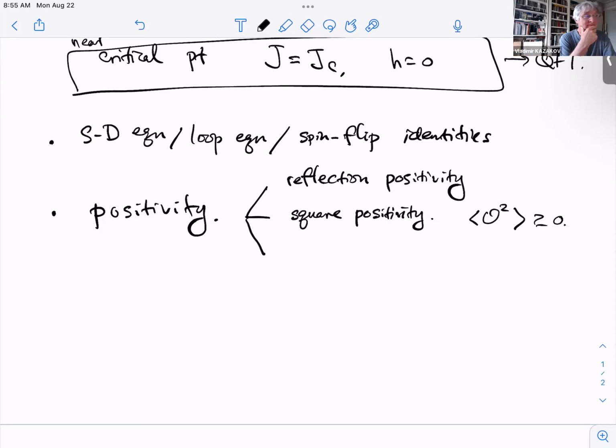You can have periodic boundary conditions. Now, naively, something like square positivity would also hold in identical form on the periodic lattice, whereas the reflection positivity would generally not obviously hold on the periodic lattice. So I could certainly imagine reflection positivity contains all the constraints, but it would be hard to imagine that square positivity would imply reflection positivity. Okay, and anyway, this is just some very elementary comments.